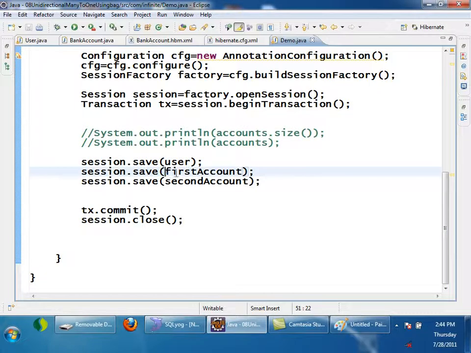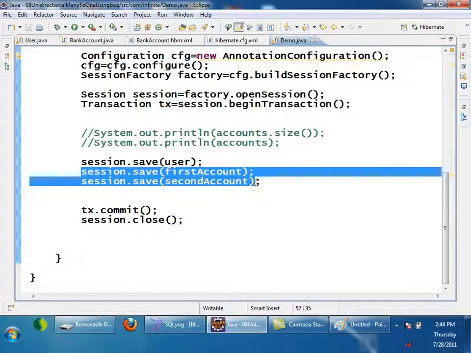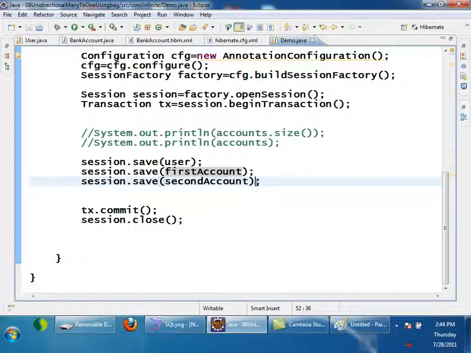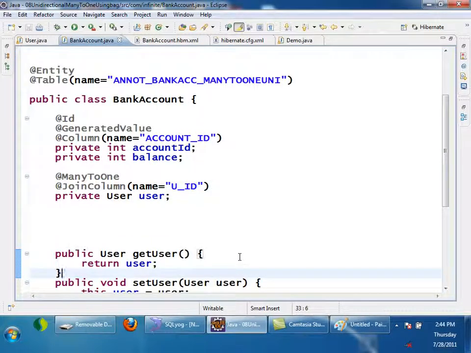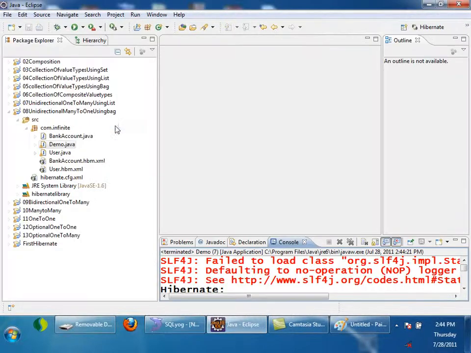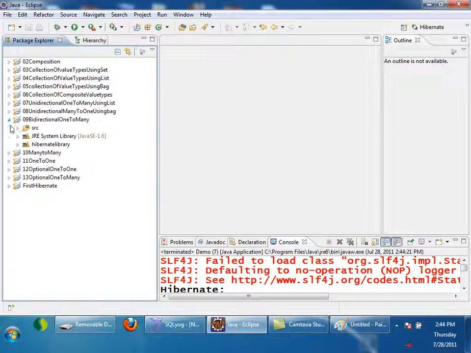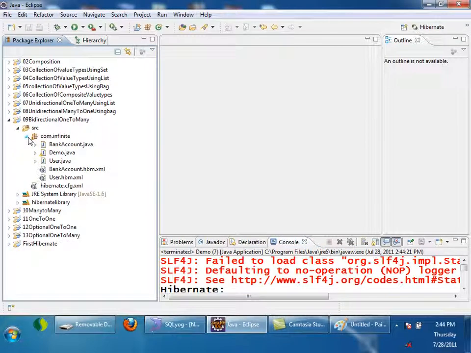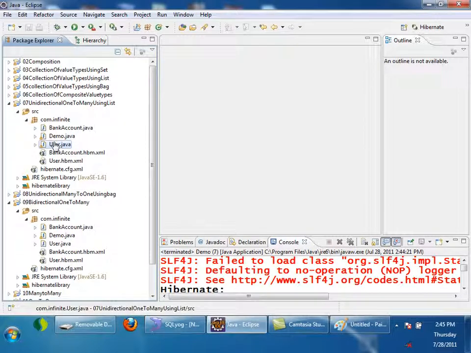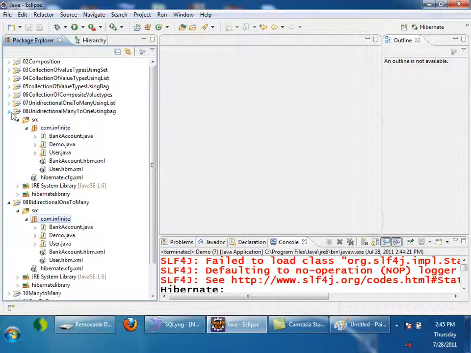So what we can do is, if I save user, I want all the bank accounts to be saved. I can configure cascading, it will work, right? Now I'll make this bidirectional mapping. When it is bidirectional, okay, wait here, I'll copy user from one to many. I'll not repeat the same configuration. And also I'll configure bank account from,